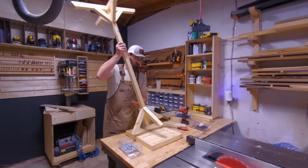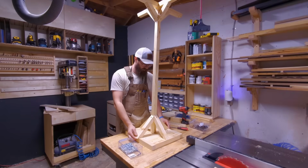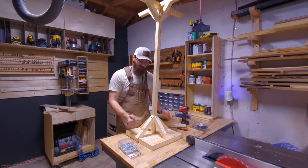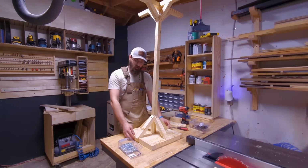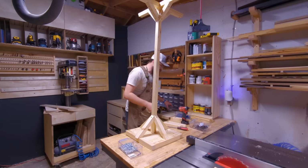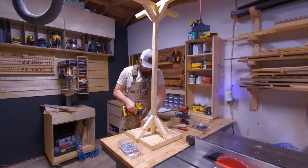Now you will have a little bit of overlap on these two. We're going to shave that off with a handsaw. The other two will fit on the inside just a smidgen. But you just even it out till it looks good. It doesn't have to be perfect. That's the great thing about this project. None of this really has to be perfect,